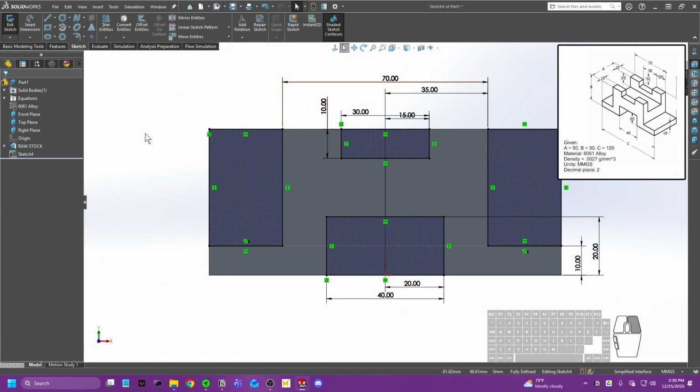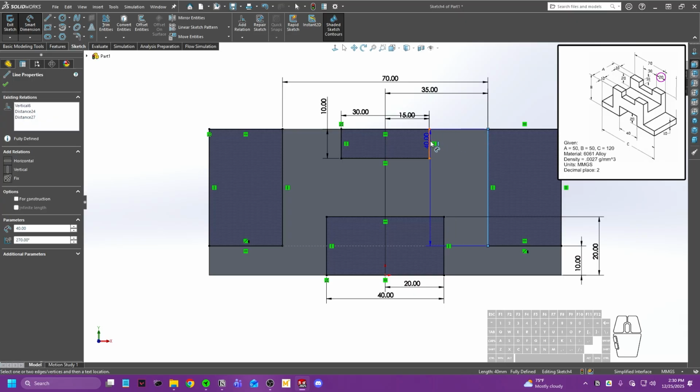If you decide not to use the 35mm, what you would end up doing, as I'm about to show in the video, is dimensioning the length between the top rectangle and right rectangle, and you will set this dimension as 20mm. I do include this dimension, however I set it as a reference dimension. Now if we go ahead and select the left edge of the right rectangle and the right edge of the middle rectangle, we can go ahead and set this dimension, which is already determined to be 20mm,